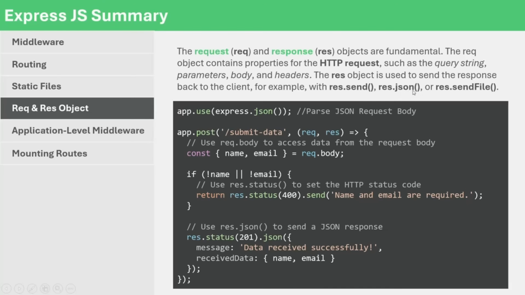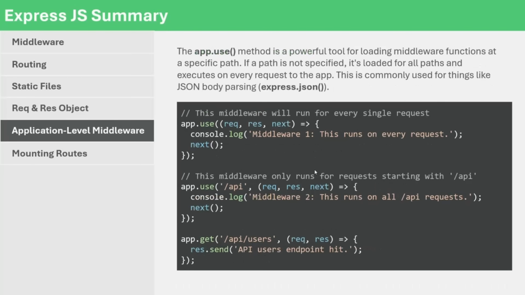So by default, it is going to set the content type as application/JSON. And when we want to send a file in the response, we can use the sendFile method of the response object. So whenever we receive a new request on the server, the Express application creates a request and response object. Then we also learned that we can use middlewares in our Express application, and we might want to use some